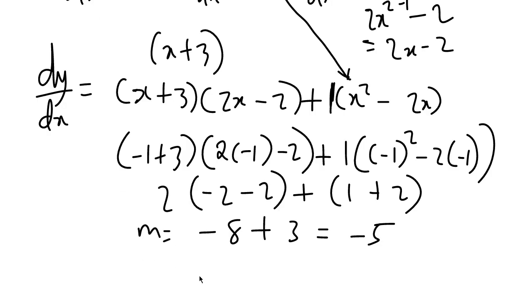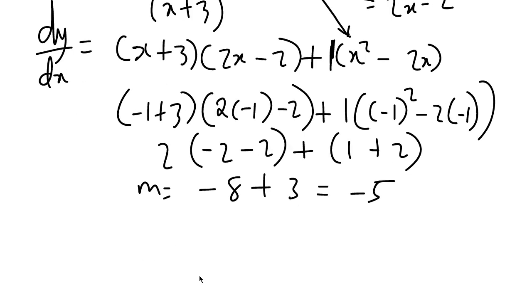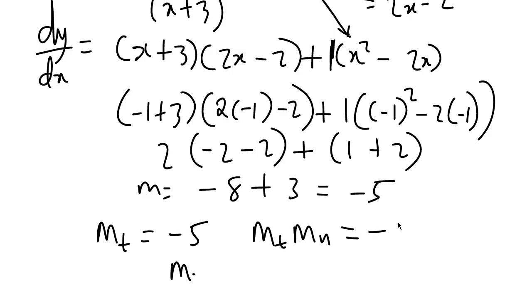Are you following? All this you do fast too. I think it's a CBT exam, so you just apply the product rule as fast as possible, right? So if this is the slope of the tangent to the curve, what is the slope of the normal? Remember that mt times mn is equal to minus 1. So if you're looking for the slope of the normal, for us to get the equation of the normal, we simply divide. That will be minus 1 over the gradient of the tangent,